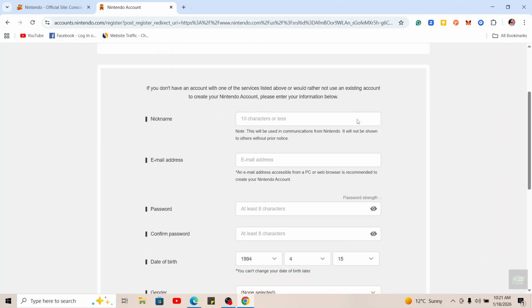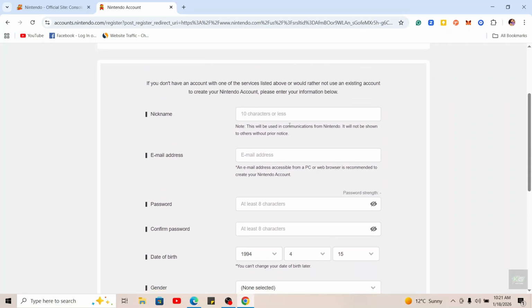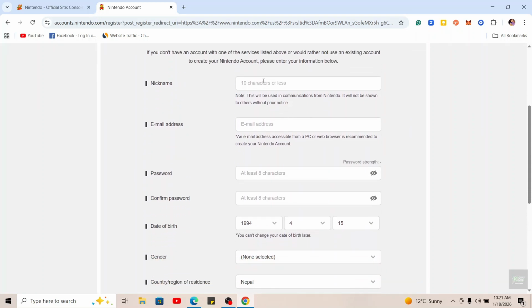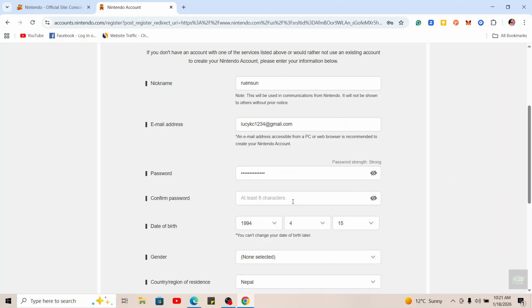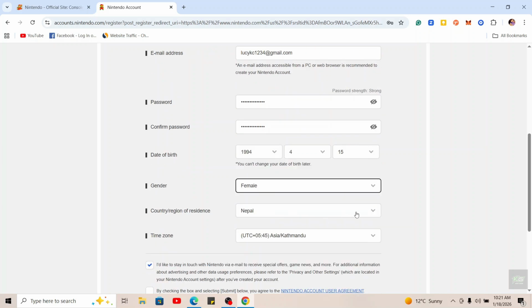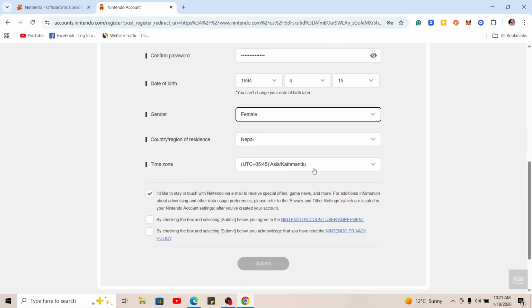But if you want to go ahead and enter your nickname or the options on this page, you can scroll down and then enter your nickname for your Nintendo account. Enter your email address on the next field, and on the next field, create a password for your account. Make sure to double check your password before proceeding further, and on the next field, re-enter the new password you just created. Now, select your gender, country of residence and your time zone, and finally check all of these boxes